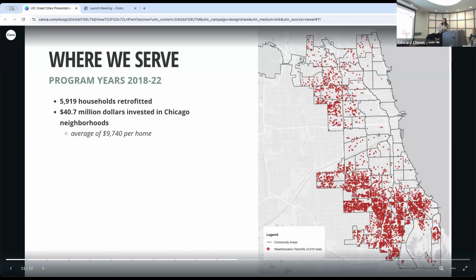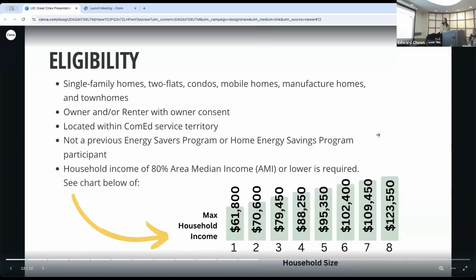To bring this data current, I would say you could add another 2,000 households that have been retrofitted since 2022. And then here's some of the eligibility guidelines, which we may have touched on, but it's really open to all